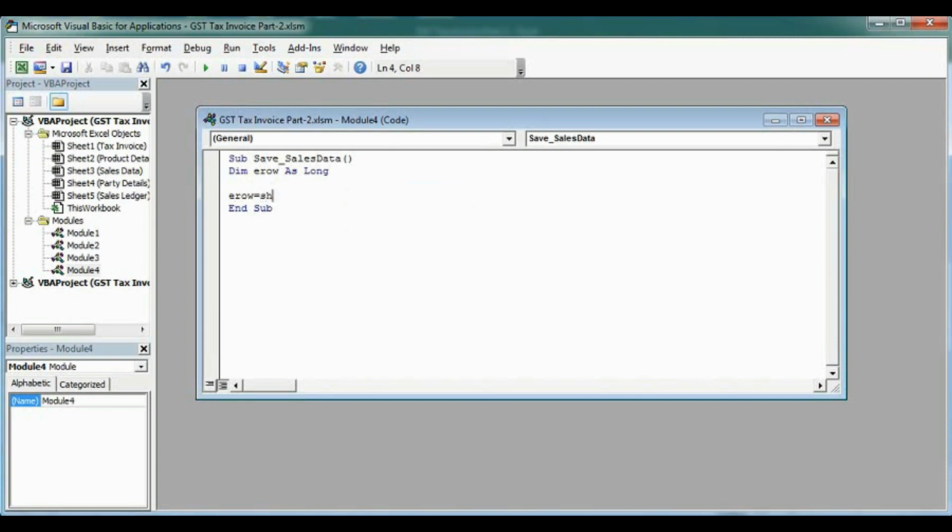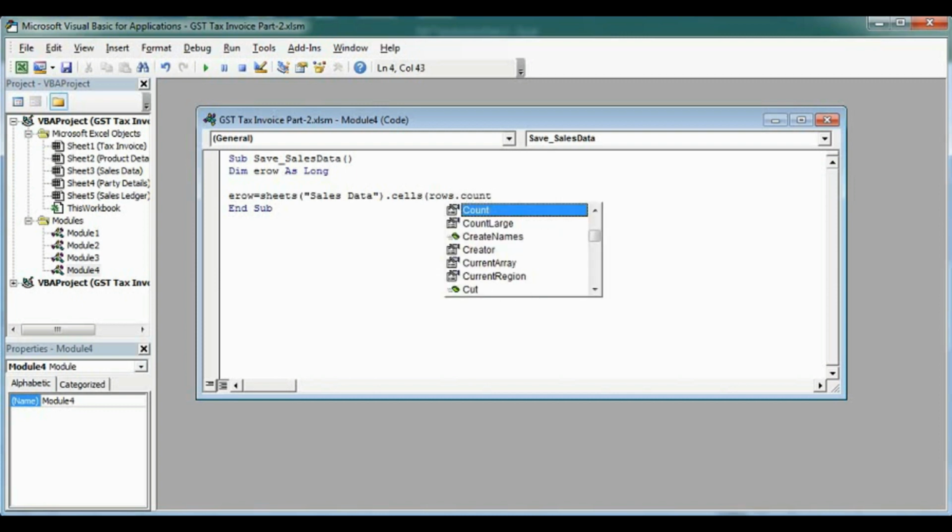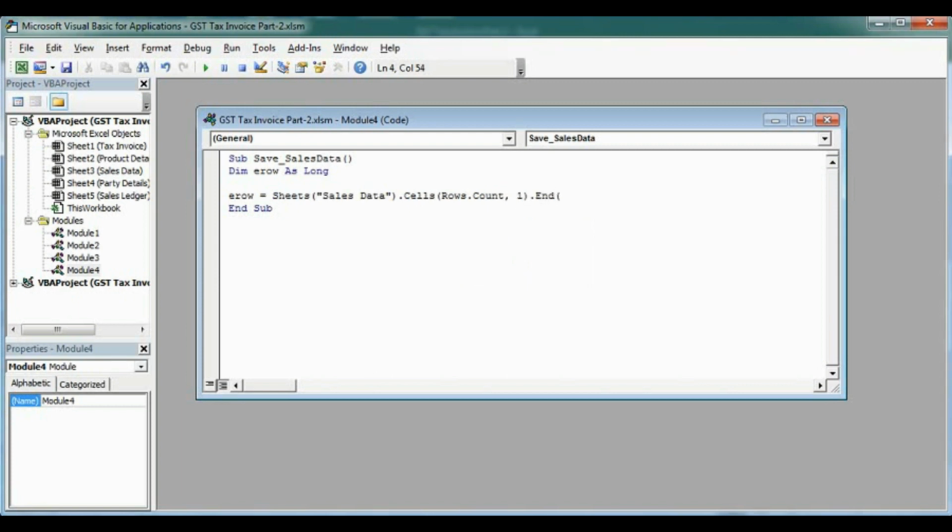Sheets. Our sheet name is Sales Data, dot Rows.Count, comma 1, then bracket close, dot End(xlUp), dot Offset(1, 0), bracket close, dot Row.